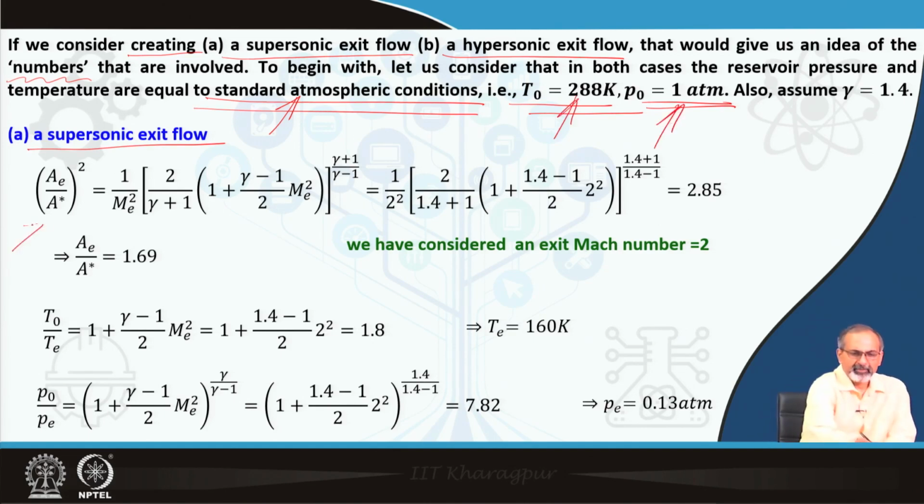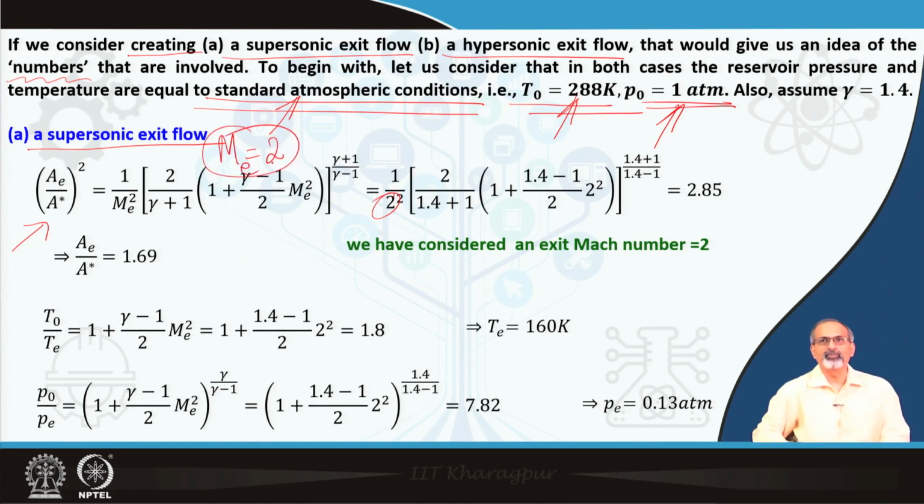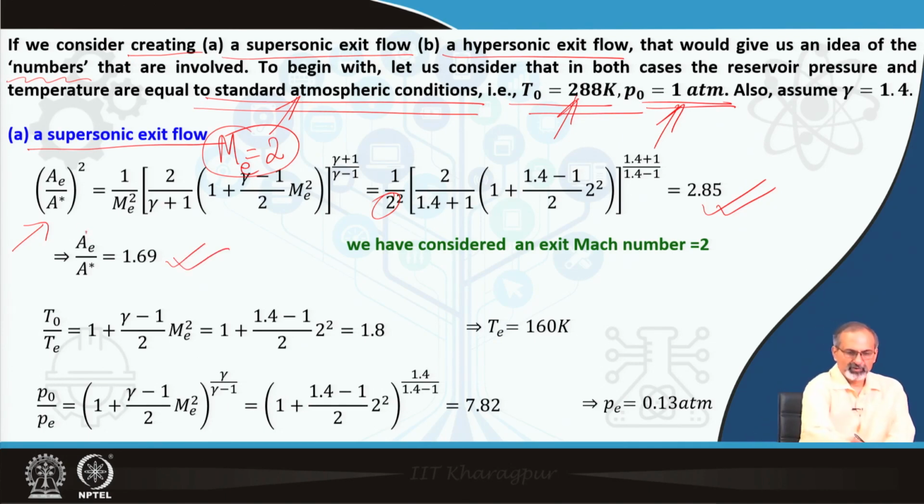Now, plugging in the A by A star whole square relation into the equation we just recapitulated and substituting M equal to 2, we consider the supersonic case as Me equal to 2, and that gives us a value of 2.85 for the area ratio square. If you take the square root, it gives you Ae by A star, which is 1.69,